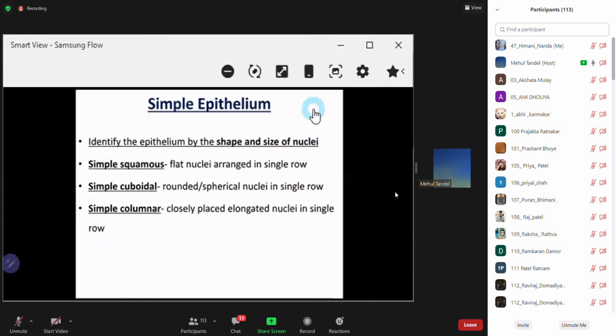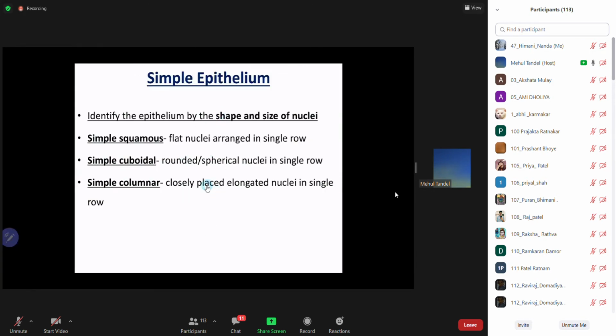Okay, so let's continue. So pay your attention. Let's see one by one. So first, simple epithelium, mostly asked as a practical, not as a short note. Short note बहुत rarely पूछते हैं। Okay, ये मोस्टली प्रैक्टिकल में ही पूछते हैं। तो इसमें मोस्टली तीन स्ट्रक्चर पूछते हैं: सिंपल स्क्वैमस, सिंपल क्यूबॉइडल और सिंपल कॉलमनर।